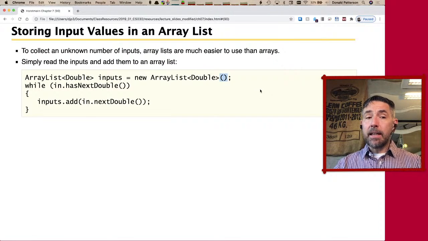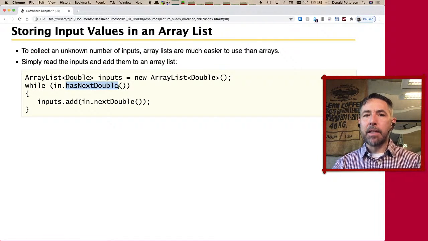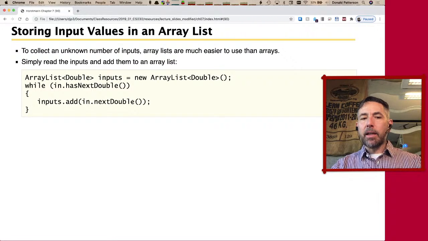Then we call a while loop. We use the lookahead hasNextDouble, which is going to check whether what the user has typed in is going to get parsed correctly as a double. And if it is, then we know that a double is available on our scanner checkout line, just like at a grocery store, in which case we will grab that next double here, and in.nextDouble will be evaluated to the next double that the user has typed in the console, and we will immediately translate their characters into a double,